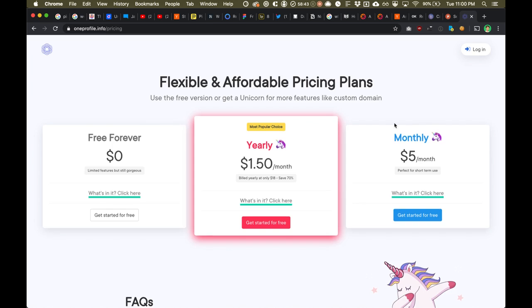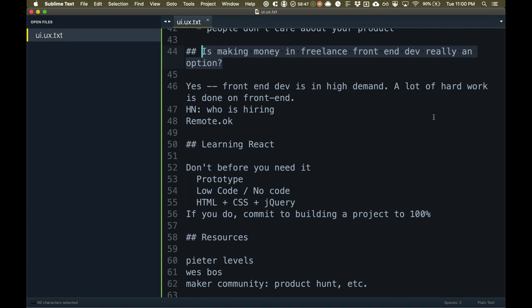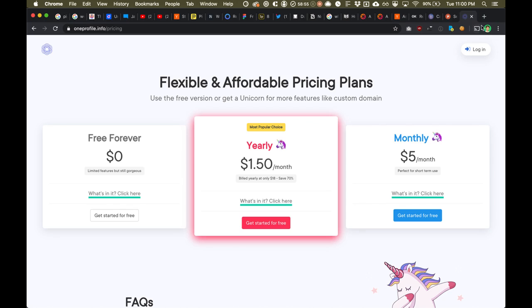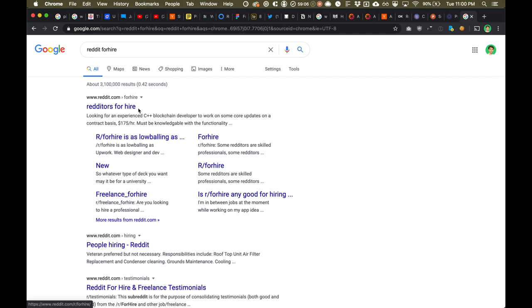But you can create a really nice user profile, put your projects up there, and once you have that done, go on a site that is easy to get hired on. Go to Upwork or Fiverr or a Reddit thread. There's the For Hire subreddit. Go on one of these. You're not going to make a lot of money, probably $20 an hour, something like that. But it's going to give you experience. Just do that for the first few projects.